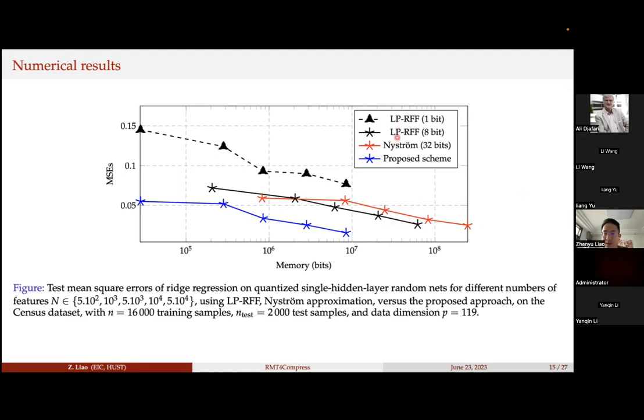So this low pressure random feature or natural methods always get, in general, not as good performance as our proposed method, or need much larger memory, okay? And another comment I would like to make is, even though our results are derived based on a Gaussian